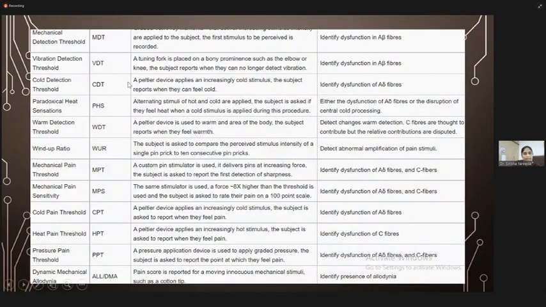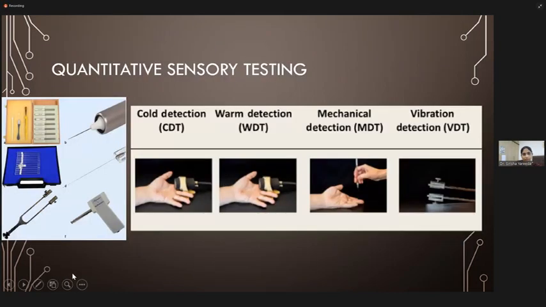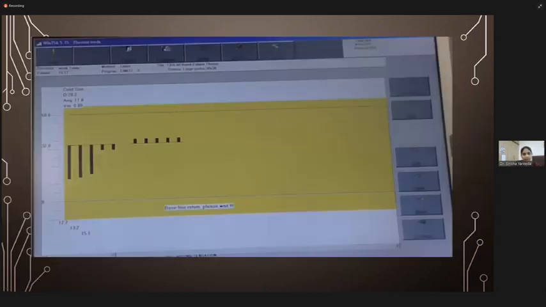There are multiple methods, like you can detect the mechanical detection threshold, vibration, cold, heat, warmth, mechanical pain, pressure, and allodynia. So these are the various modalities. You use a graded tuning fork, Rydel-Seiffer tuning fork, and also monofilaments and pinprick. So these are given in a graded manner and in a very quantitative, measurable manner. So when you apply this stimulus on the patient, he will have to tell where he is able to perceive